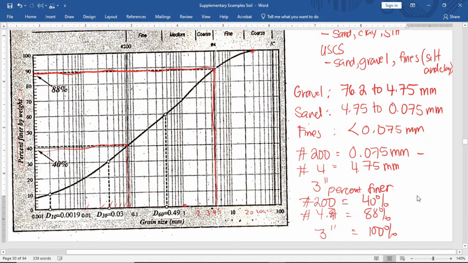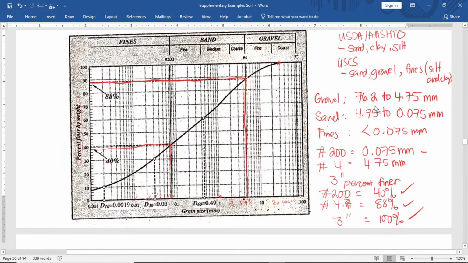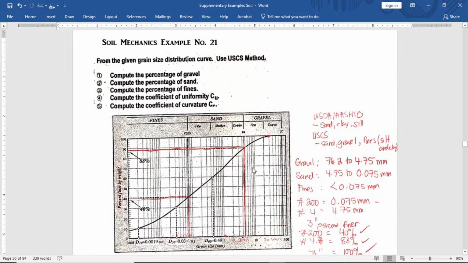So, meron na tayong, sa number 200, 40% finer. Sa number 4 na sieve, meron tayong 88% finer. And sa 3-inch na sieve, 3 inches yung laki ng butas, meron tayong 100% finer. So, since nakuha na natin yan, gagamitin natin para makuha